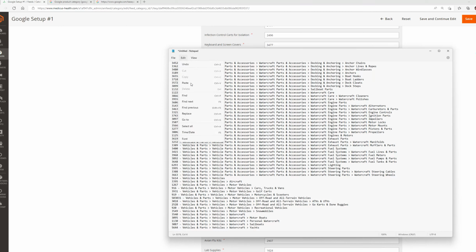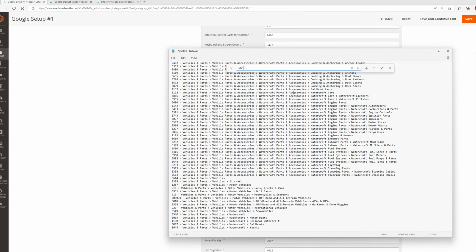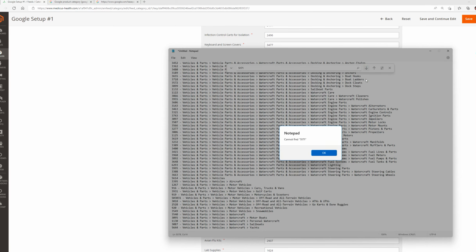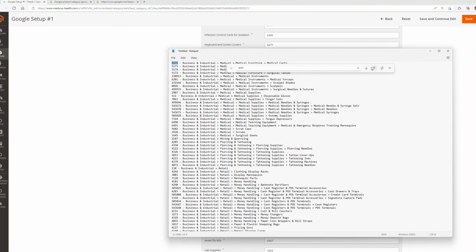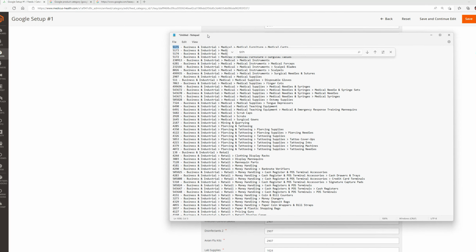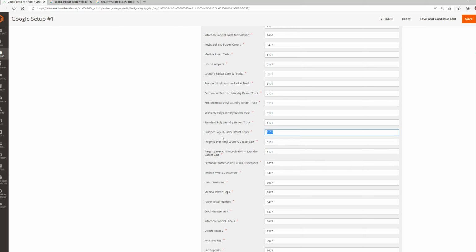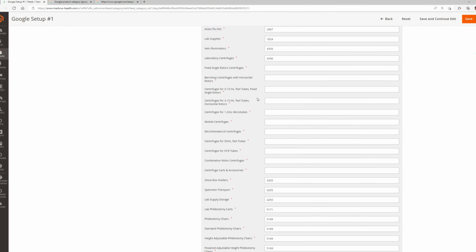One of my concerns is that possibly some of these categories changed. In this particular case, you can see that number is medical carts. So what did we take that from? Laundry trunk. It definitely could probably be. It is a medical cart. So pretty close. What I would recommend doing is going through some of these and at least filling in the ones